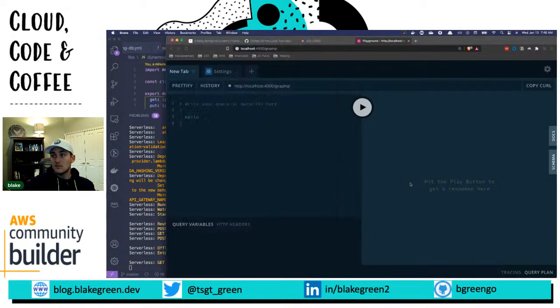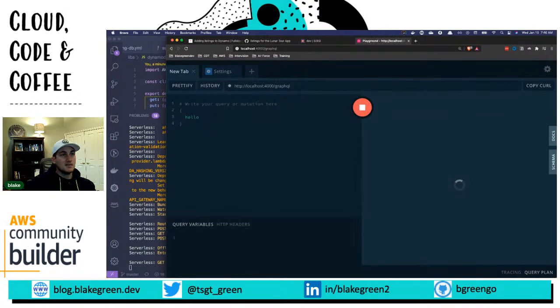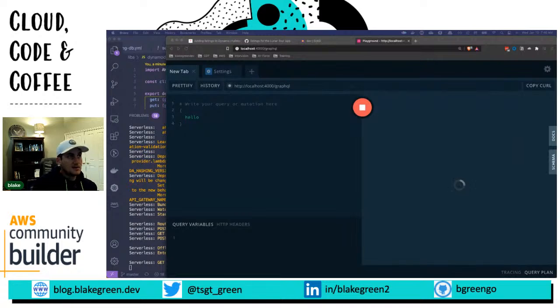Hmm. Let's try to log into the AWS console, see if we get any logs or anything like that in the Lambda console. I'm curious to see because we're not really getting anything other than just a spinning wheel on this GraphQL playground,